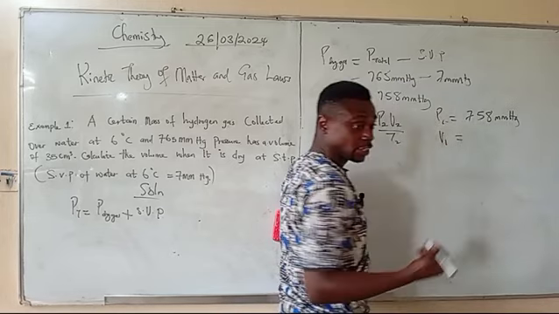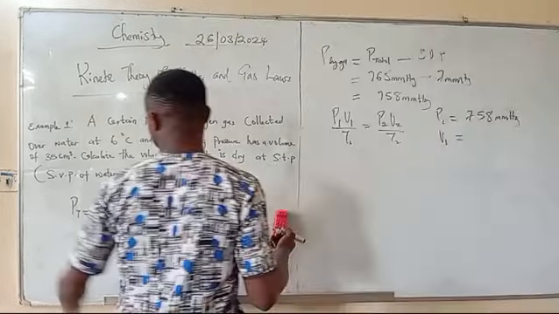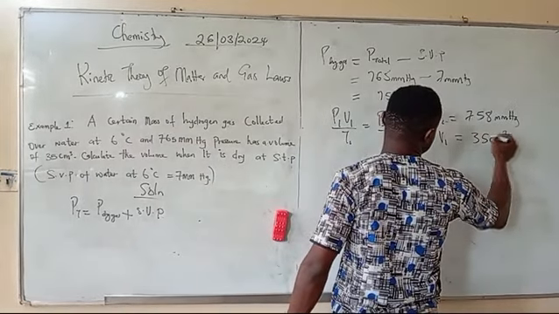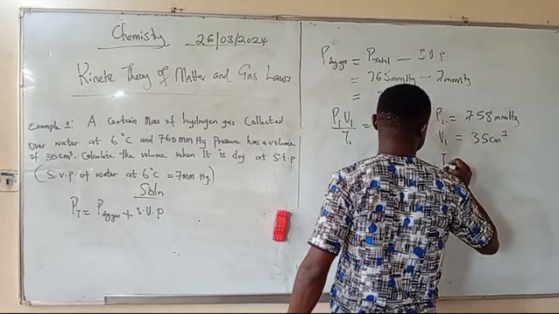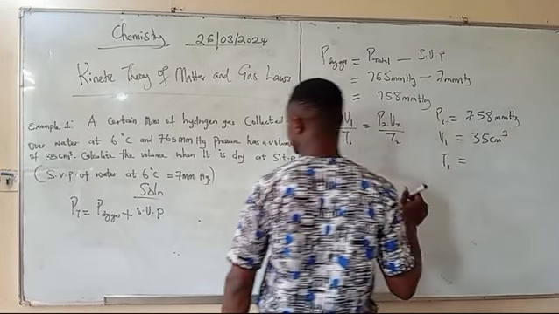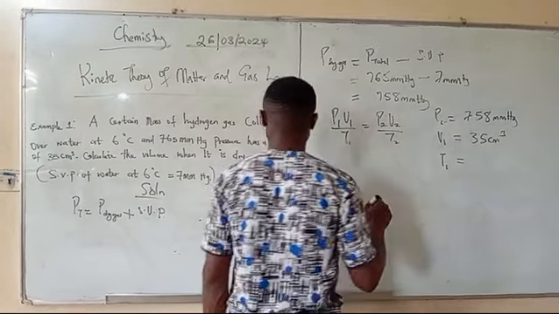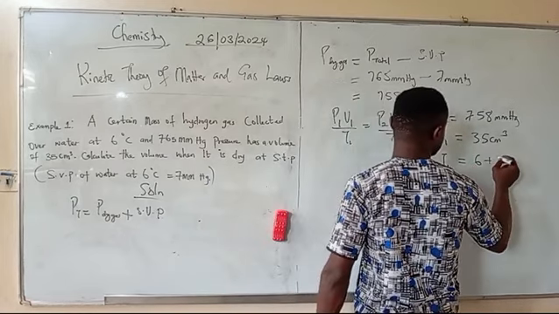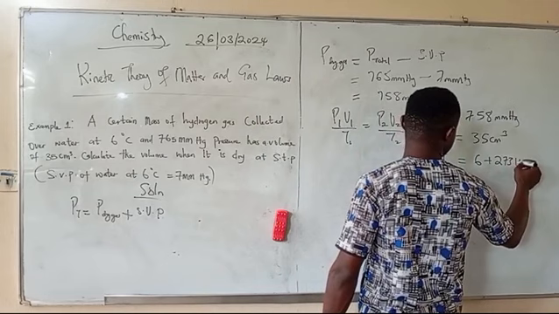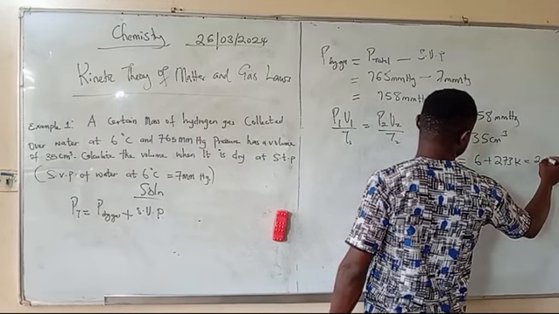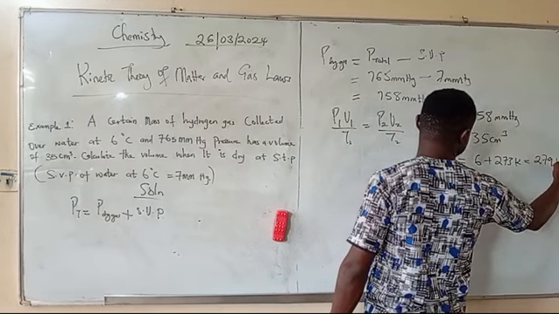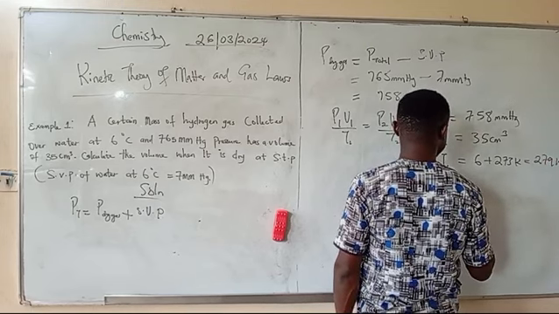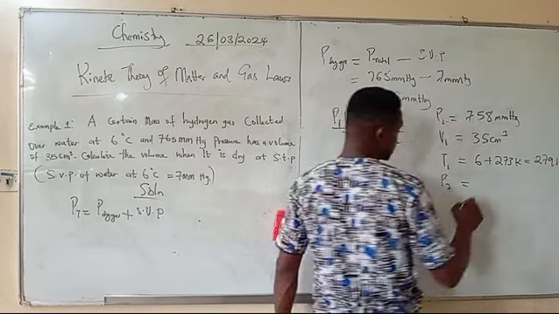Then P2, standard pressure, is what? 760 millimeter mercury. Then T2 is what? Standard temperature is what? 273 Kelvin. Then V2 is what? Right? So we make it the subject of the formula here. V2 becomes what? P1 V1 T2 over P2